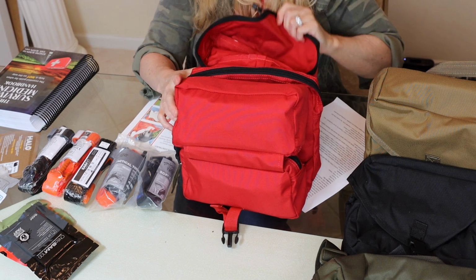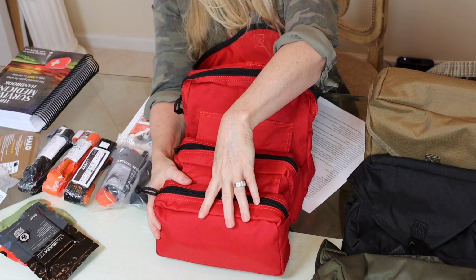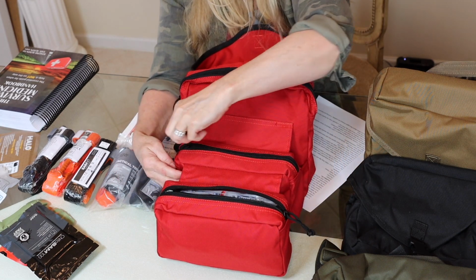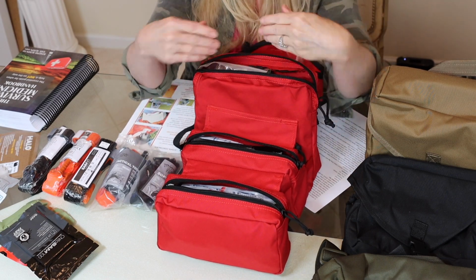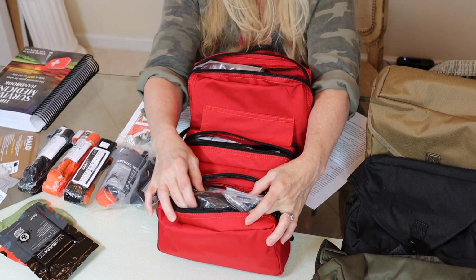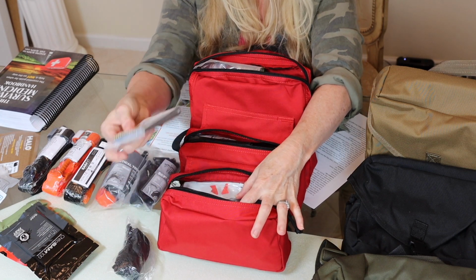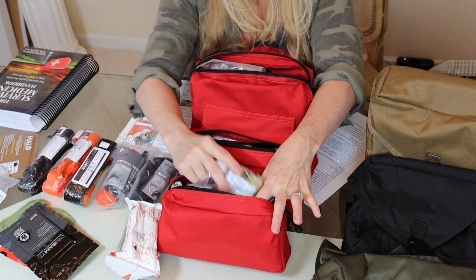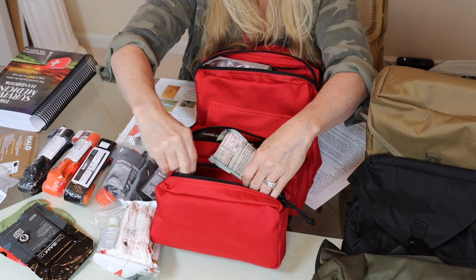Now let's take a look at what's inside. The top opens up, which has a really heavy-duty zipper. You can unzip all of them. Each section is going to have its own set of supplies for the injured person. You're going to find gloves. Again, there's 8 gloves in the pack. Your Mylar blanket, your Israeli dressing, your hand sanitizer. The front packet has the 2 SWAT tourniquets in it,